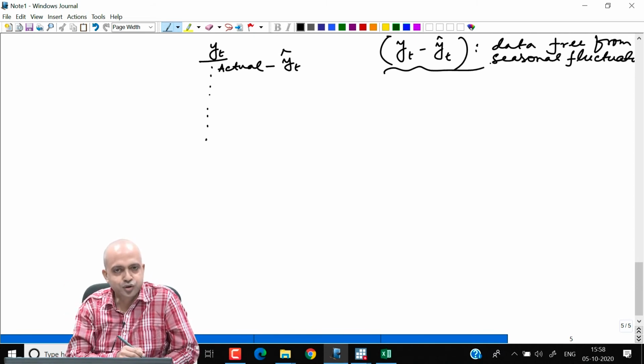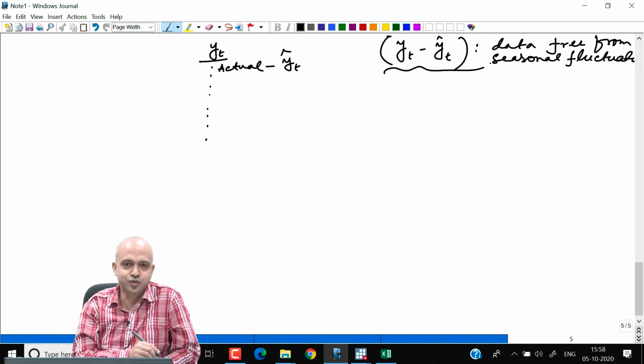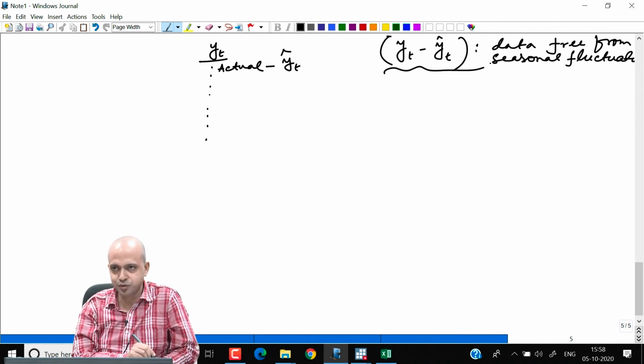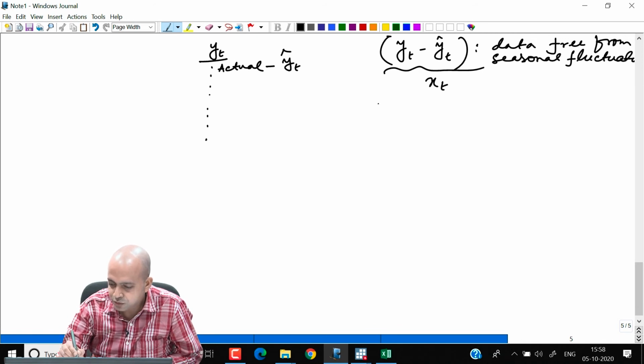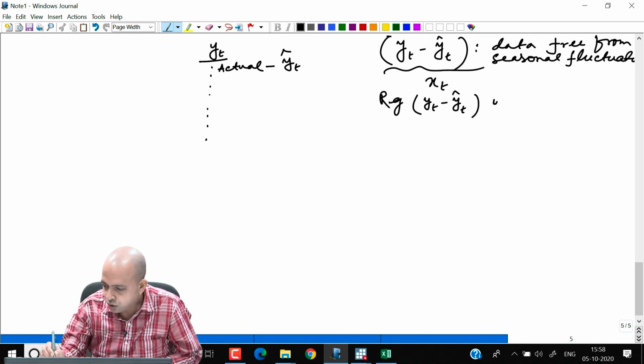Any sort of seasonal fluctuation is eliminated from Xt as well. That is the beauty of this procedure. So how will you check that? If you regress this data with Xt, so that means if you regress Yt minus Yt hat on Xt,